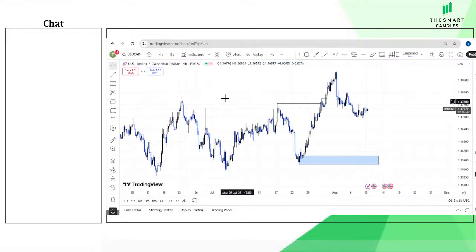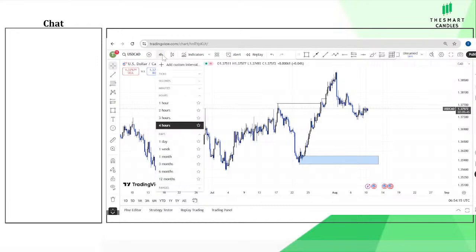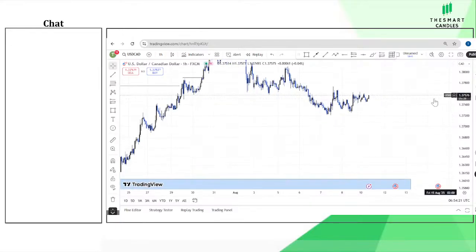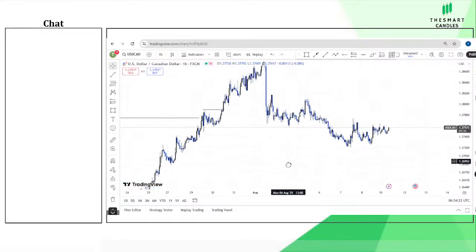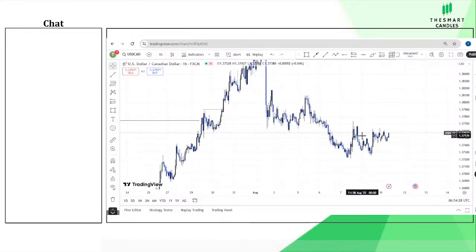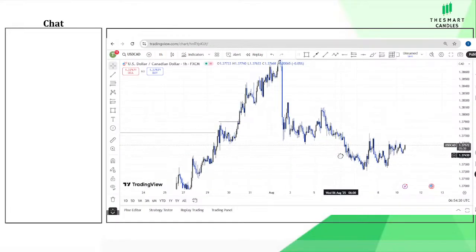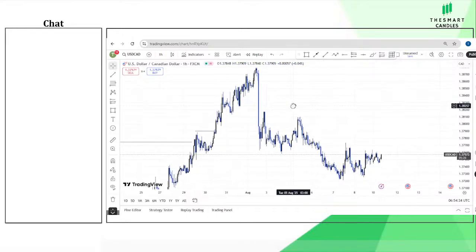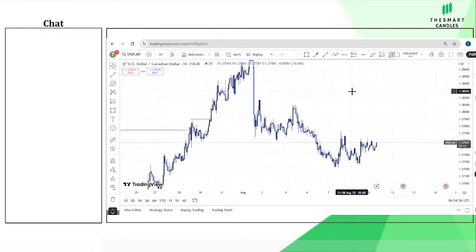So let's look at what's actually happening on the 1 hour time frame. Looking at the 1 hour, there is no clear direction, but